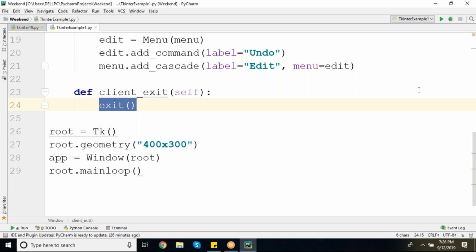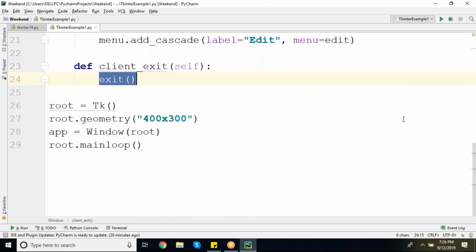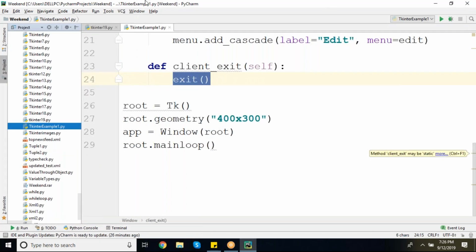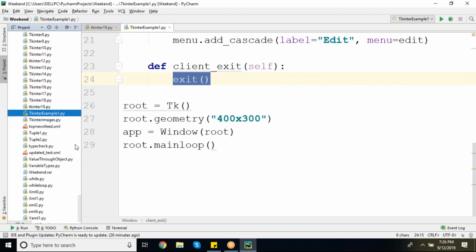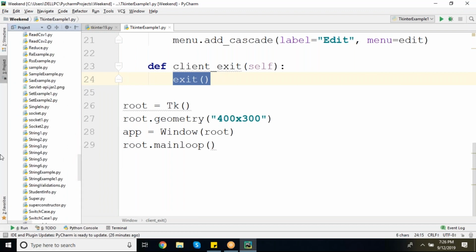Done, right? Next, we'll go for the next one. Write down the heading: unit testing. Unit testing is a module. Unit test is a module